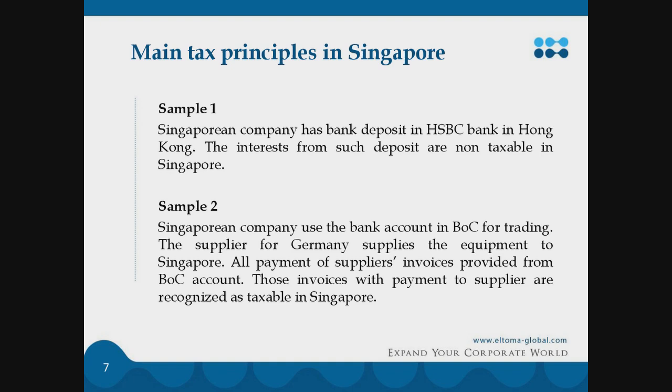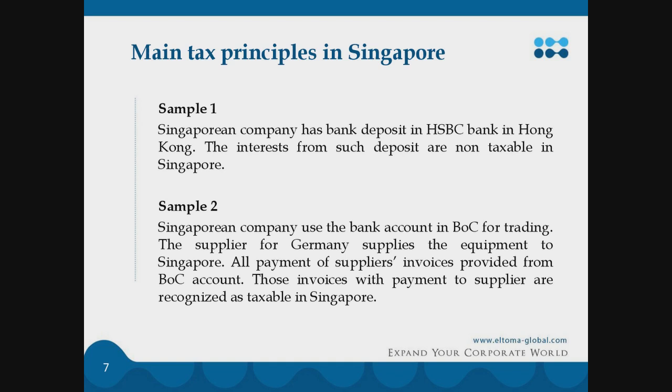I think it's better to discuss tax principles on some samples. So the first one is the following. A Singaporean company has a bank deposit in HSBC Bank, with the account opened in HSBC Bank in Hong Kong. So the interest from such a deposit in Hong Kong is not taxable in Singapore because it is out of the territory